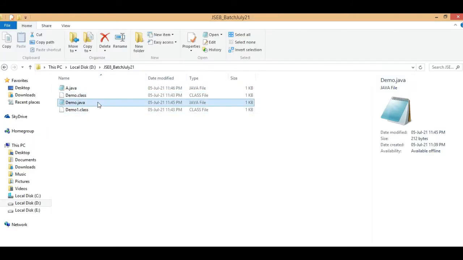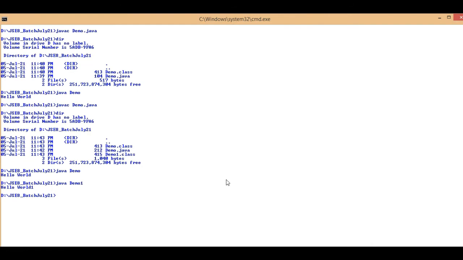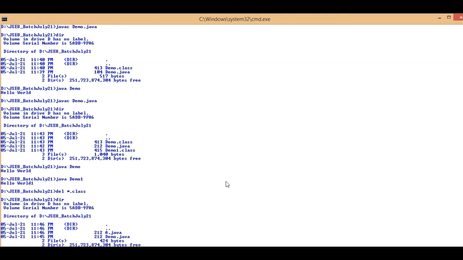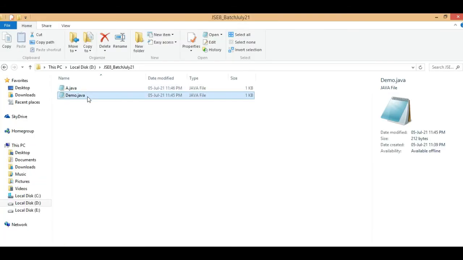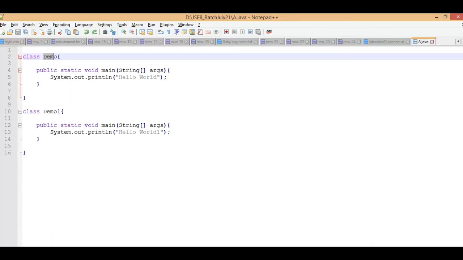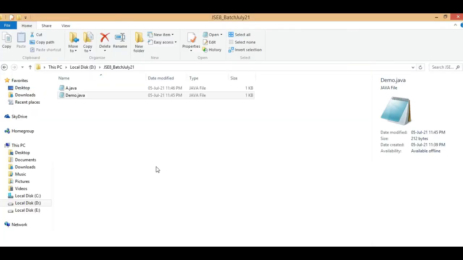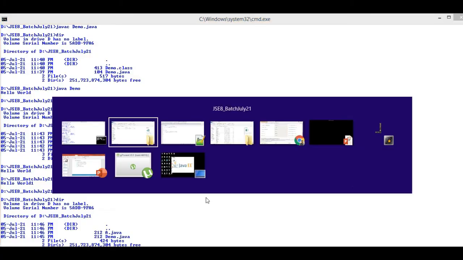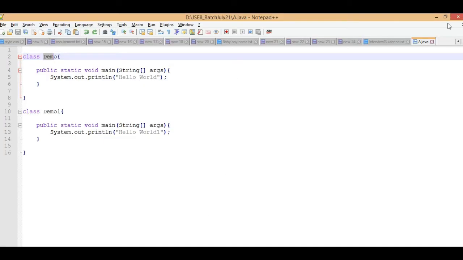Now I would like to delete these two class files, so I give the command delete *.class, then dir. There are only two files, a.java and demo.java. As you know, I have saved this file with the name a.java. So what do I have to do here?